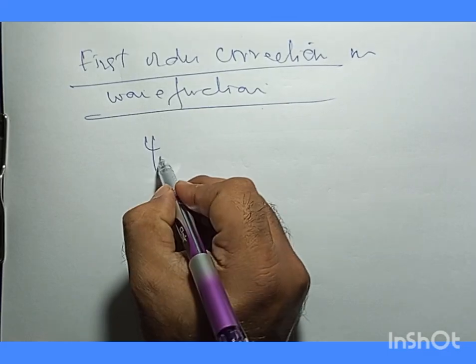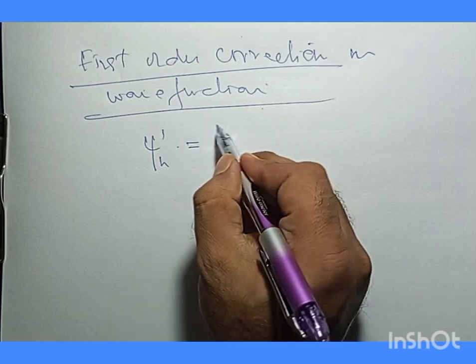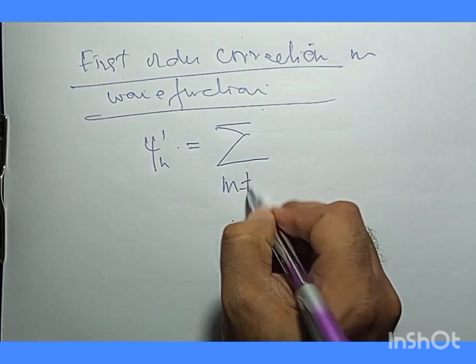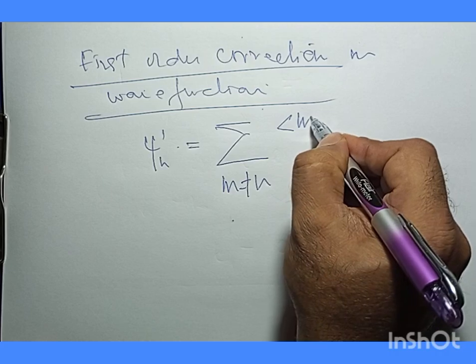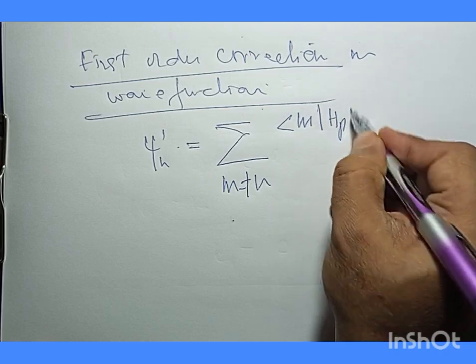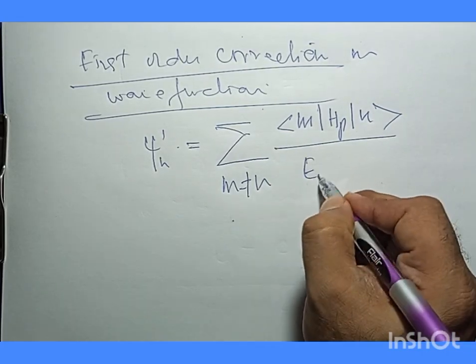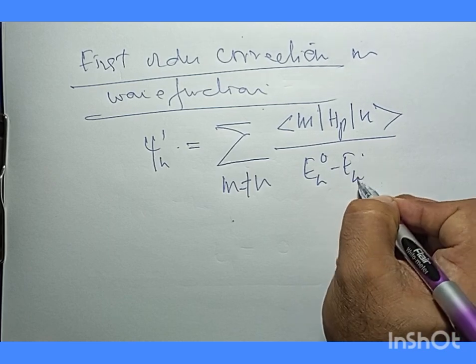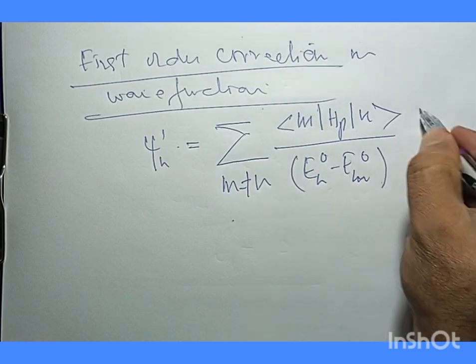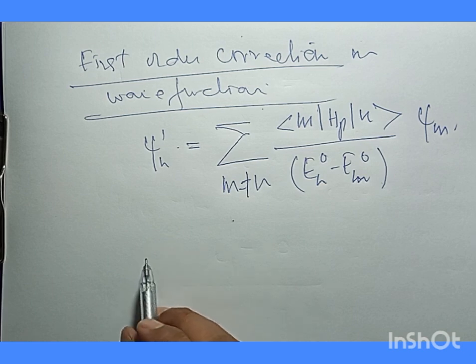So the correction to the wave function, psi n1, is simply the sum over m not equal to n, of the matrix element of m, H P, n, divided by En0 minus Em0, times psi m over here. This is already defined, and for the ground state,